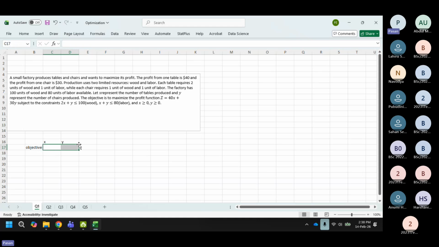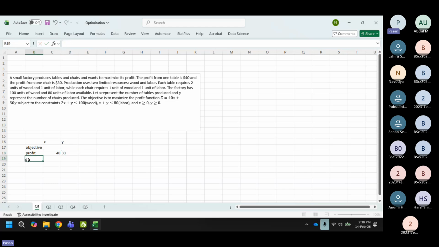I leave these two cells to calculate the value of x and the value of y, right? And then the profits that we are getting from each one, we know that we have these 40 and 30 there,